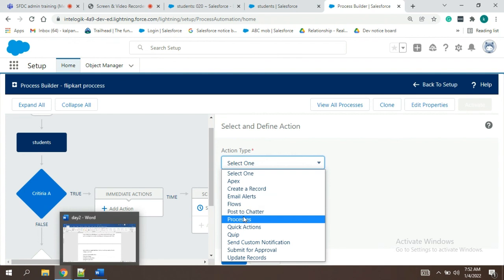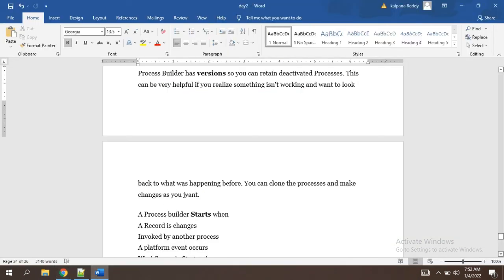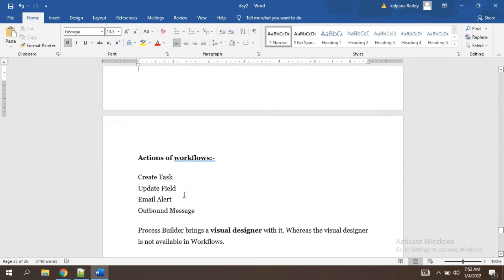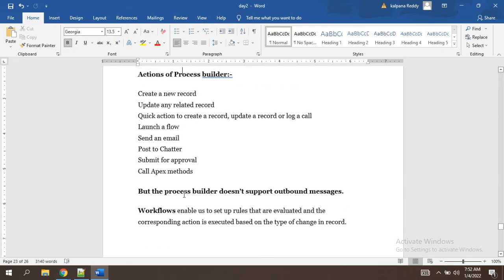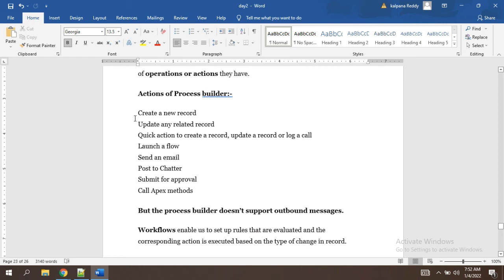Some extra things have been added like Quip, not sure about this, but other things were there already, like updating a record, creating a new record, submit for approval, send custom notification, quick actions and processes, post to Chatter, flows, email alerts, create a record and Apex, all these things. Okay, I have already noted this here. See here these things.